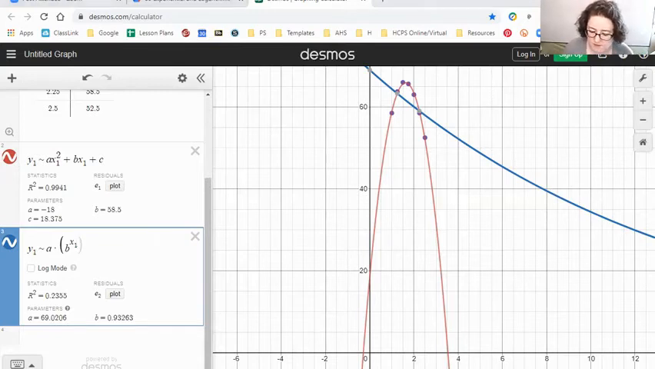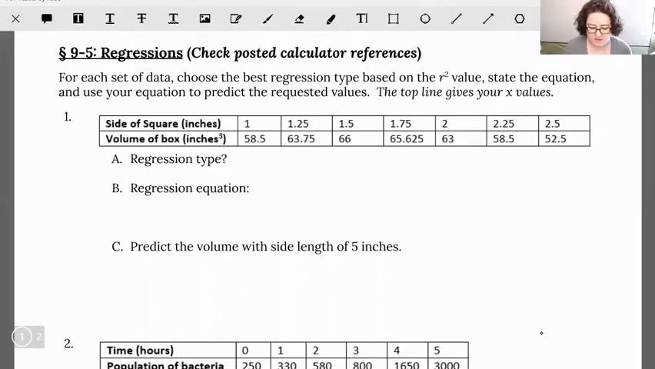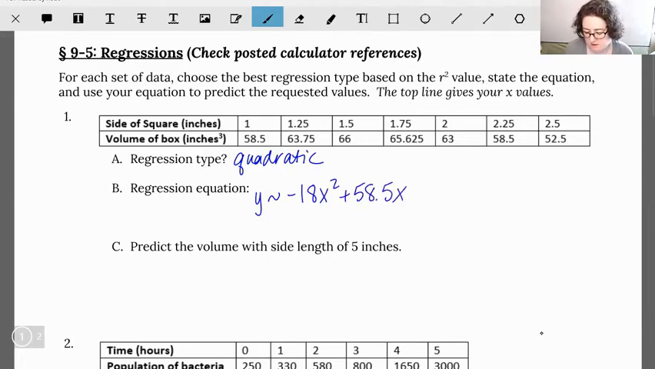Beautiful. Alrighty, so back over to Desmos. And so we're going to say regression type. Well, we're going to use quadratic. That one had the best r squared value. And our regression equation was that y was approximately negative 18x squared plus 58.5x plus 18.375. And again, I'm just substituting in what I saw on Desmos that they had for my A, B, and